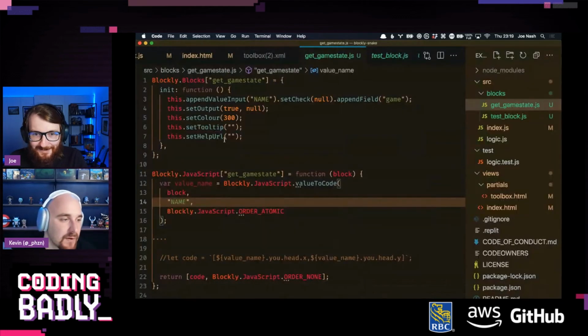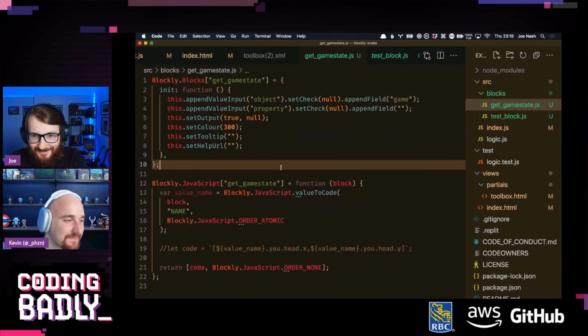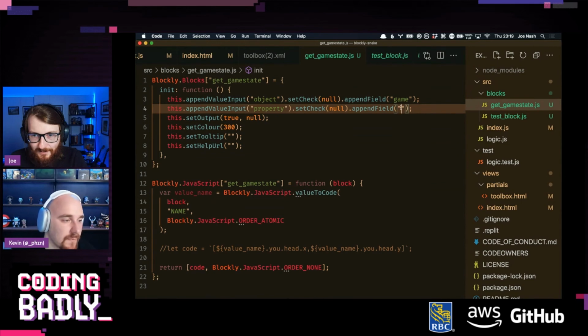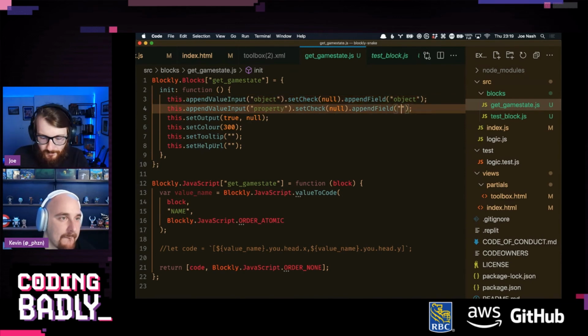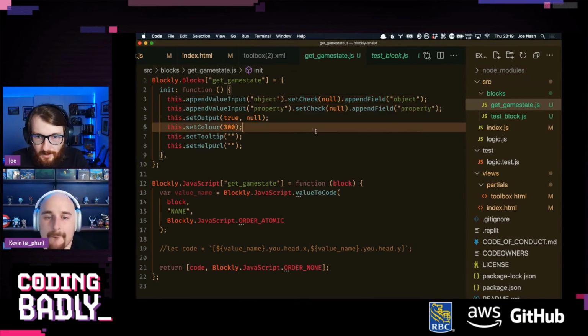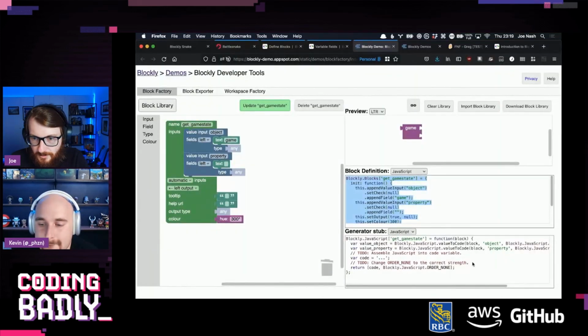This is where you realize why no one actually writes in visual code. Yeah, it's because why does not have a name? Append field, object, and then property, and then how's the JavaScript changed? Hasn't really. We'll just throw that in.